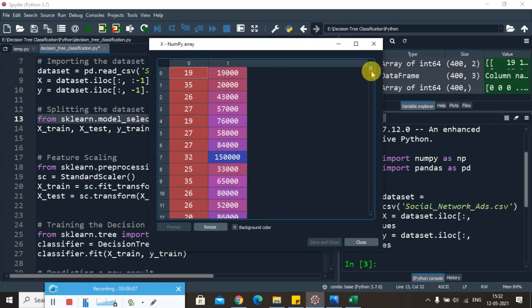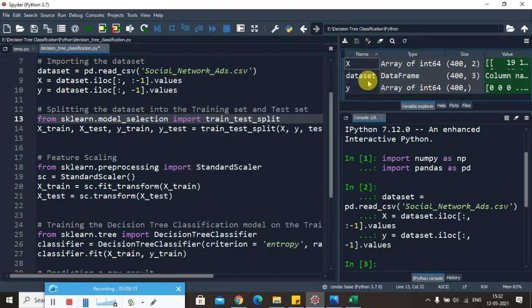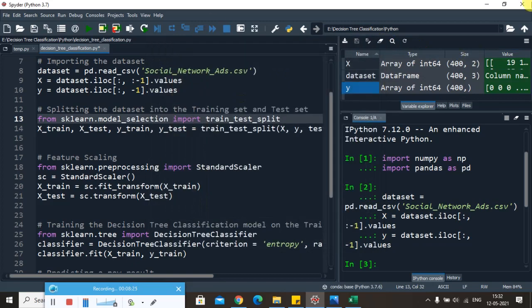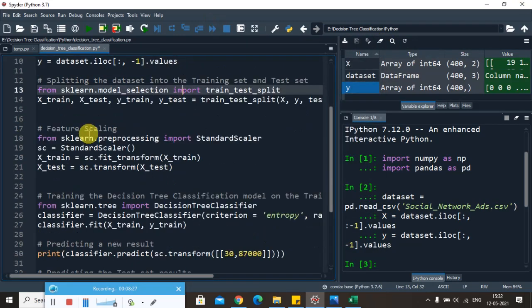So x is holding only the two matrix of features, 0 to 399 meaning 400 data altogether, and the dependent variable y is holding the last column, that is the purchase column here. Okay, now we have split up the dataset successfully.